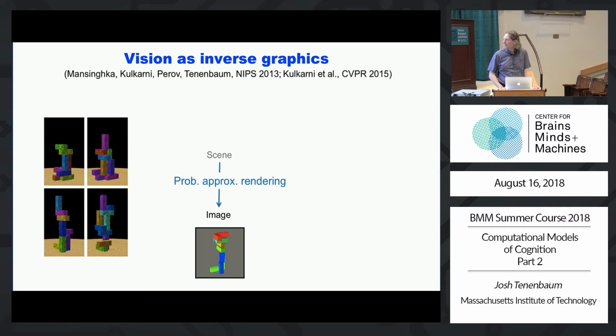Here's another example. This is a very unstable tower, right? And here's a guess at the 3D position. Here's a few other guesses. And you can see as they move around, again, those are all plausible 3D positions that could underlie this very unstable scene. All right. Now, how do we do this? How do we construct one of these posterior samples?